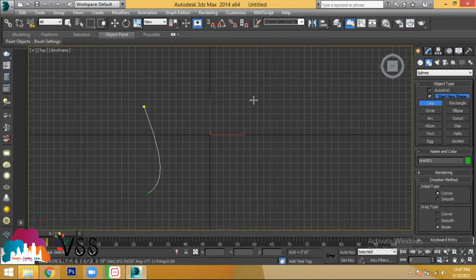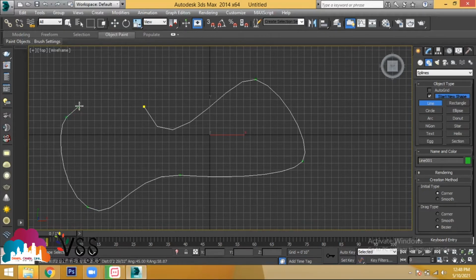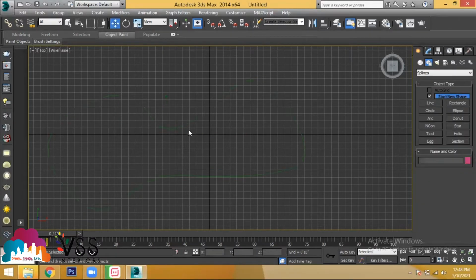Is the line straight here? No. The line is curved. This is looking like a spline. Again, take one more point, click, hold and drag, and you get a curved shape. You don't get a line here. So in the line tool, you will find spline as well as line. Whenever you take a next endpoint, click, hold and drag, you will get a curved shape. You can drag it like this. If you want to end it here, press W, and the object will end.